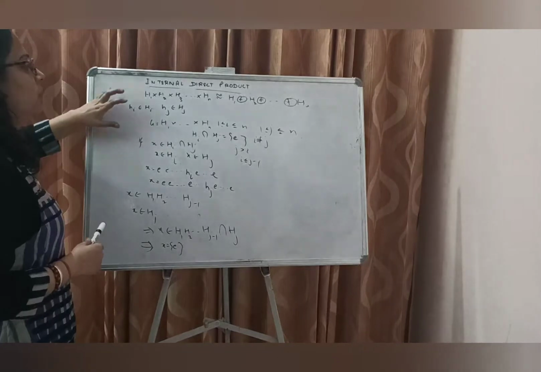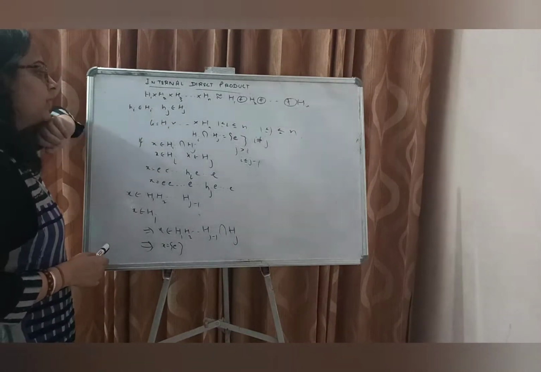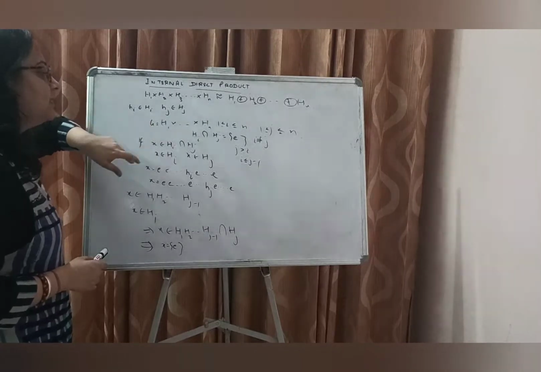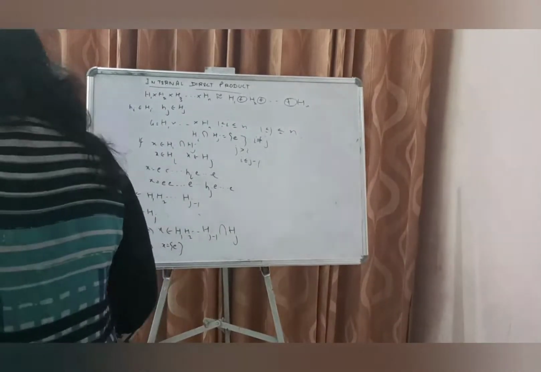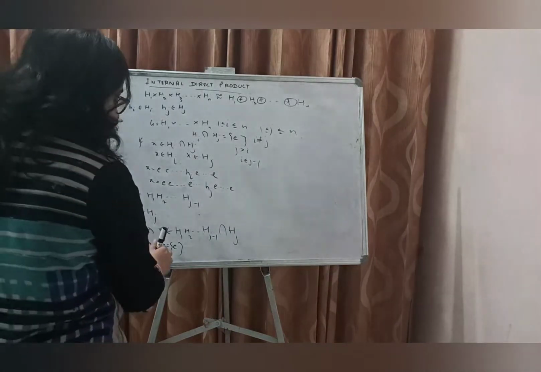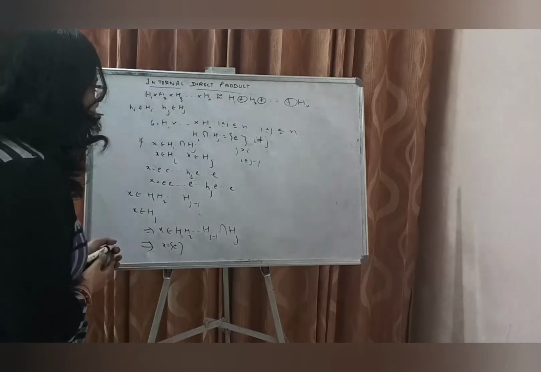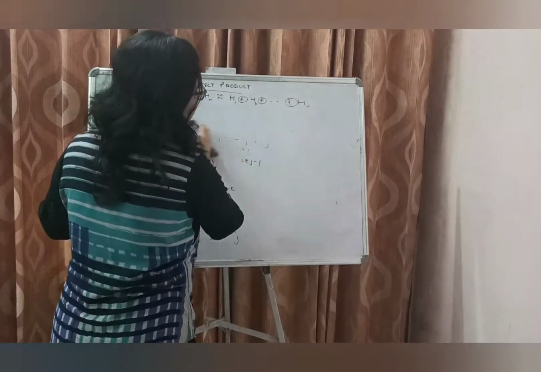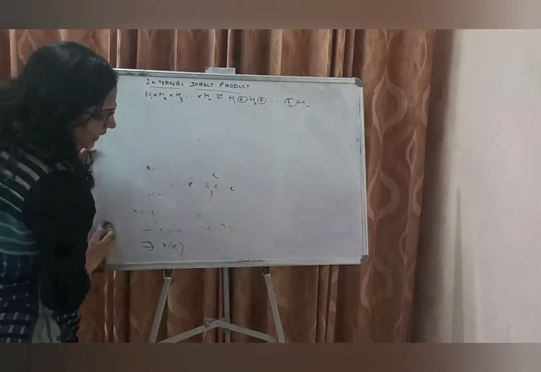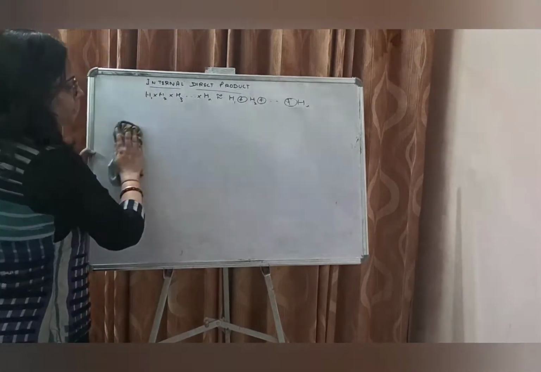Okay, so if G is an internal direct product of n normal subgroups, in that case Hi intersection Hj is identity. Now for proving this, we have used the second property of internal direct product. Okay, so now we shall prove that any two elements of Hi's commute with each other.